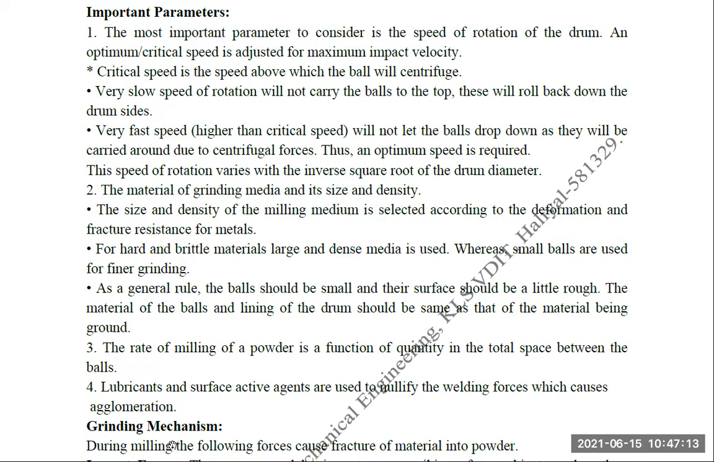The next is the rate of milling powder with respect to the total space between the balls. So the milling powder, whatever we are going to use, will have a particular size or quantity that is to be within the space. The next is lubricants and surface active agents, which are generally used to nullify the welding forces. So that is why